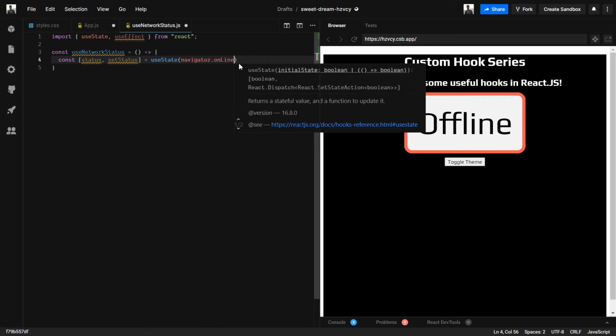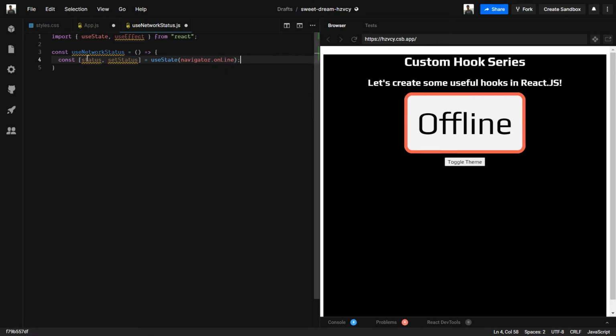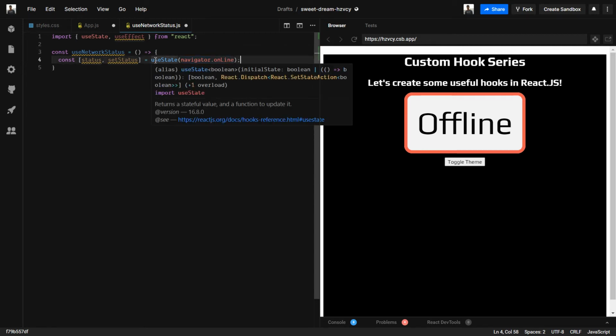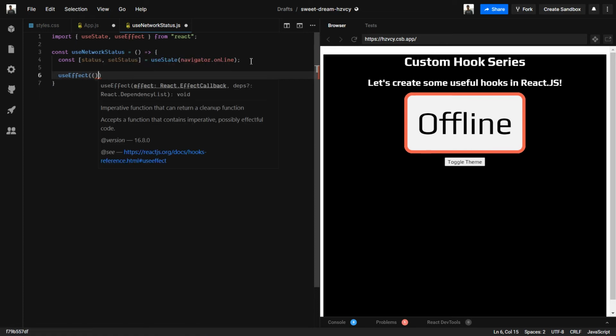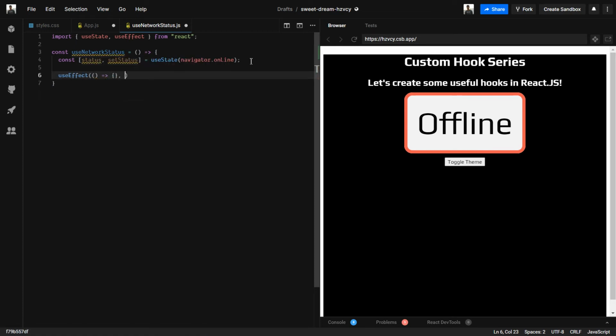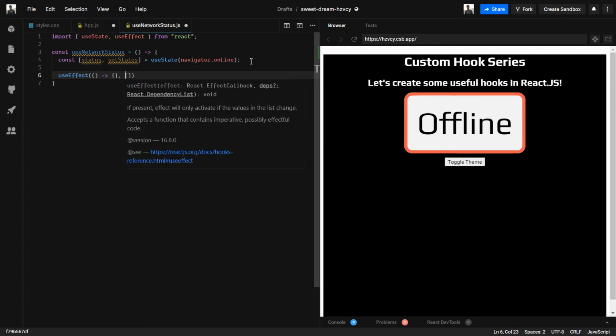What this does is initialize this status state with the navigator.onLine value, which always returns a true or false value. If the user has connectivity to the internet, it will return true, else it will return false.